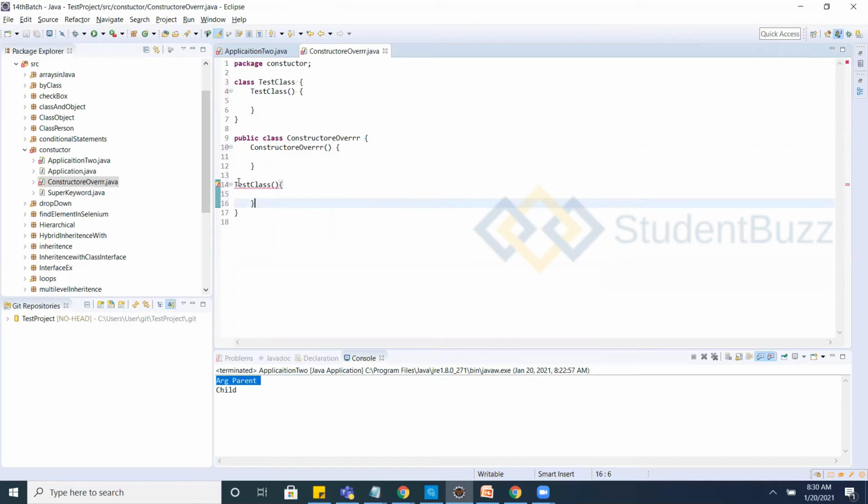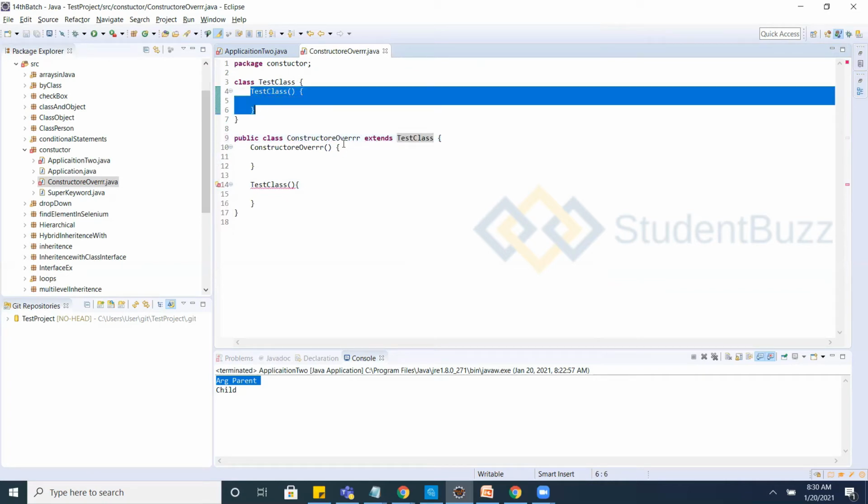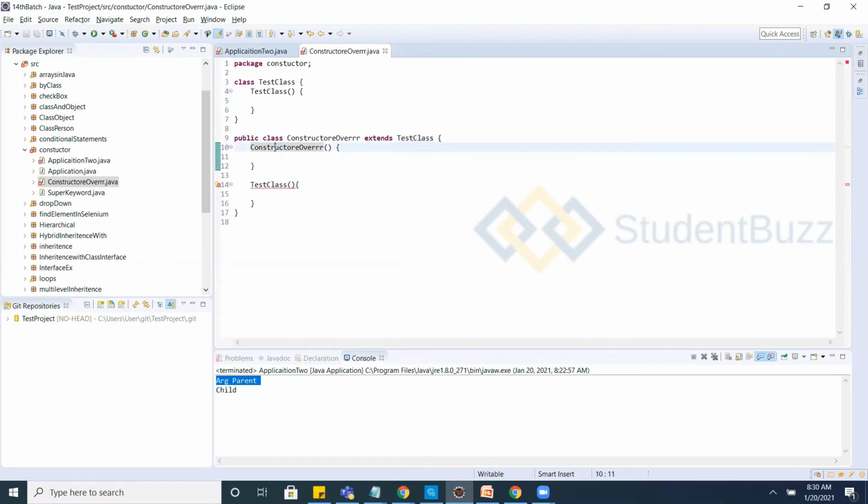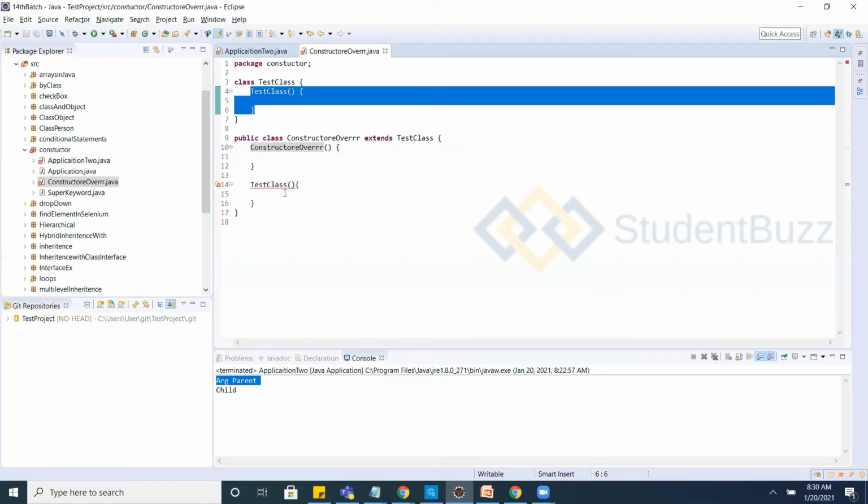That should have some relationship, that is inheritance. It should be inherited, so a parent-child relationship should be there. So I'm establishing this relationship between the test class and the constructor class. After you establish the relationship, you try to override, but it is not allowing you to do this.